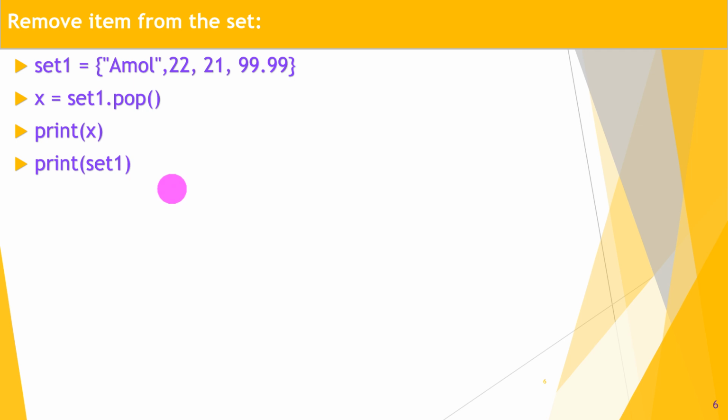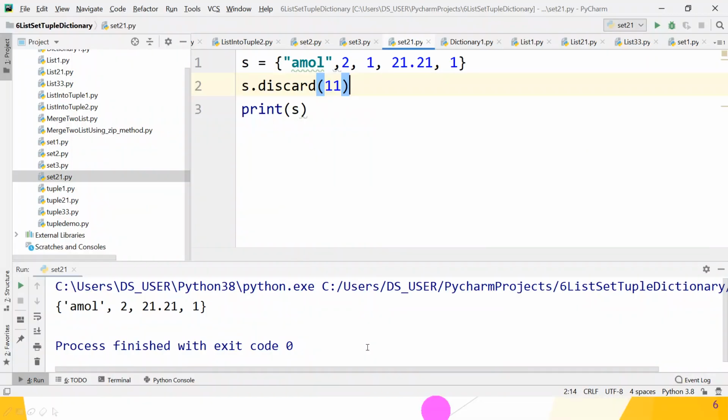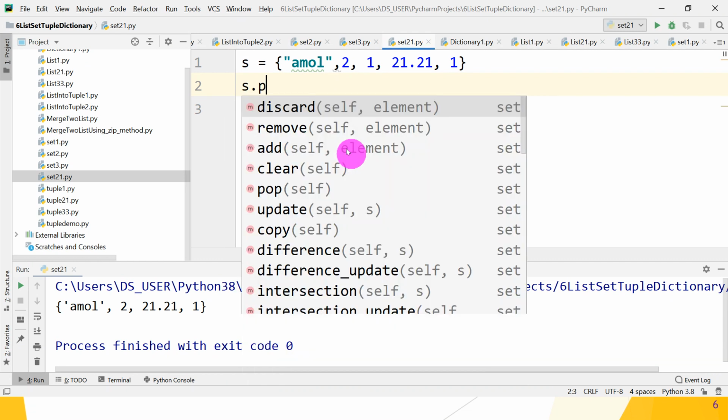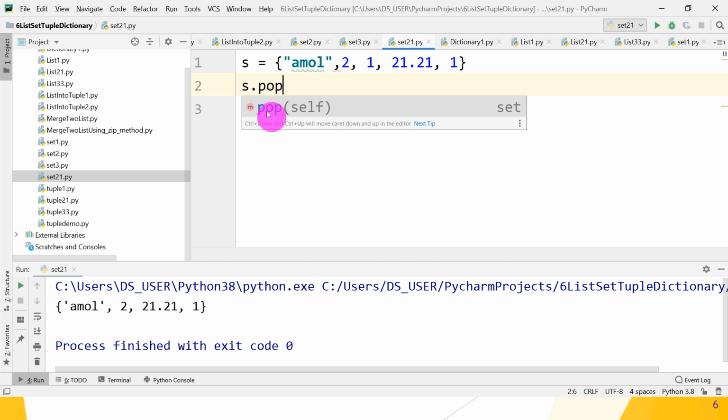Let's check the set pop method. So the next method is s.pop. So what is the pop method? It has only the self argument. Self means the current calling object, that is s. And what does it return? It returns the popped element.